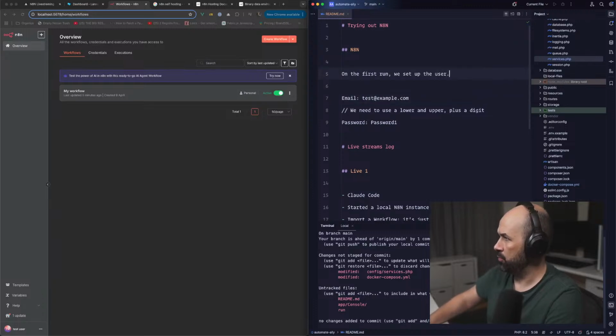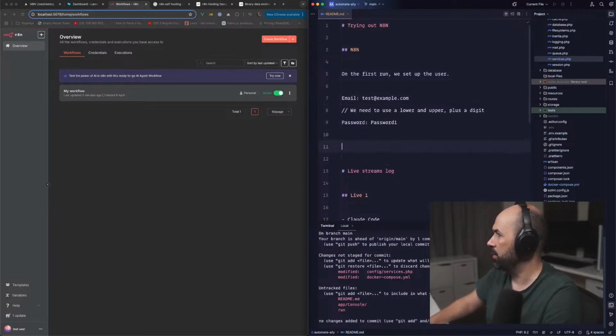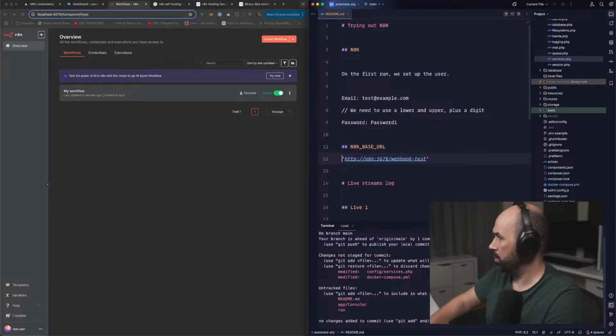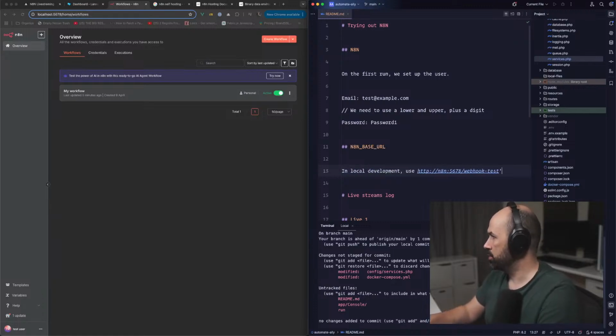Change if you use. Yeah, change. Not needed. I'm overthinking right now. So N8N base URL. In local development, use this.